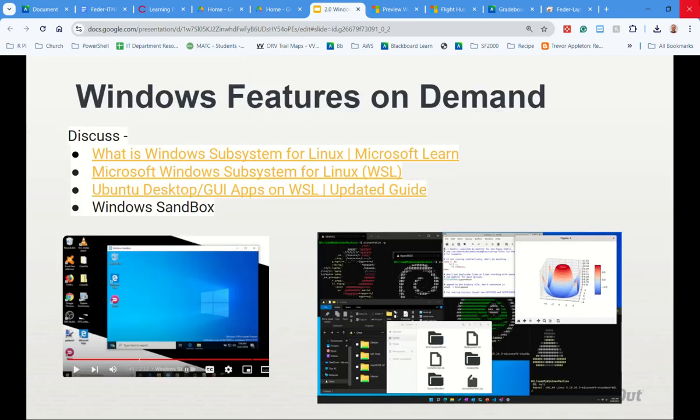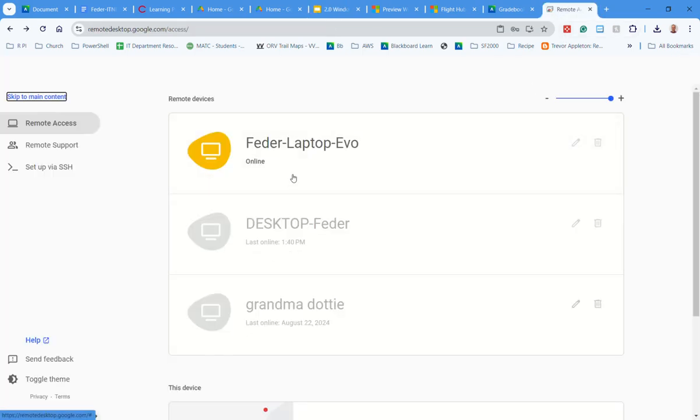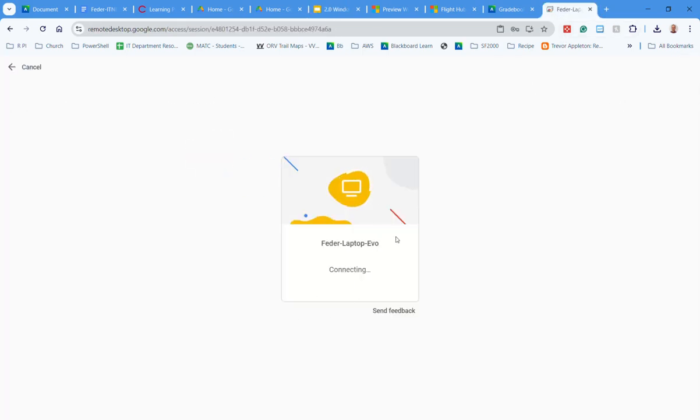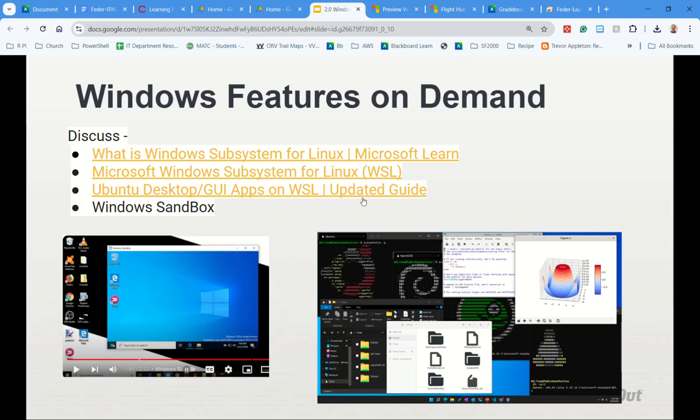All right, let's see here. Other examples of features on demand which I have on my laptop, I have this Windows Subsystem Linux on there. So again, on my laptop, I can launch a Linux environment if I want to. Again, this was just a simple feature on demand. Click the box and let her go. And when that comes back, it won't be too exciting. My slide's more exciting, but basically I can get to a Linux command prompt, a Linux terminal, and